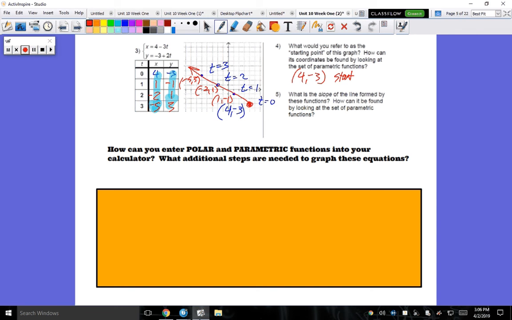How can its coordinates be found by looking at the set of parametric functions? Guys, when you see this, braces means the set of. And the way you're given x with t and y with t, those are parameters. Okay? So you tell me, how can you find it? Just by looking at the pair of parametrics, how can you find the starting point? Don't be afraid. It's just the constants right here. The constants that they give you, okay? So if t is 0, we could say, let t equal 0. Or, what are the constants